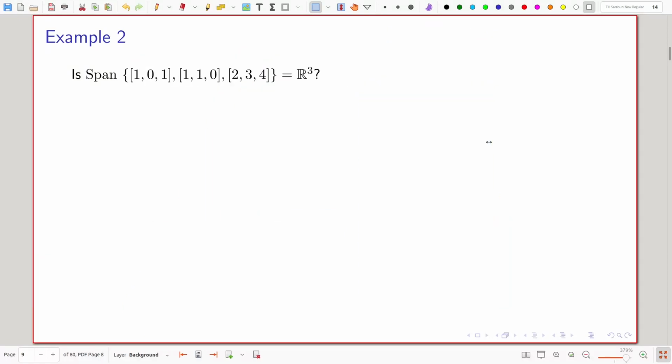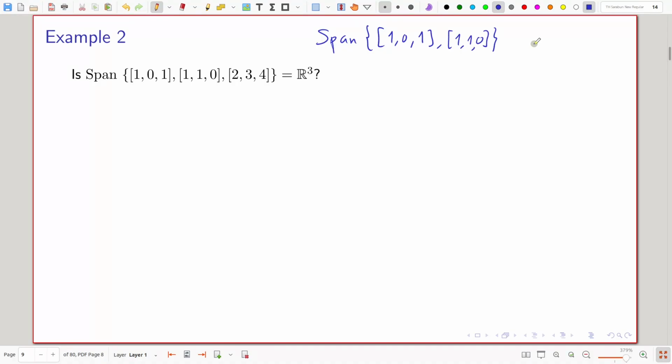Two-dimensional plane. Now, let's look at the case in three dimensions. Let's look at the case with two vectors first. Do these two vectors point to the same direction? No. Okay. So the span of these two vectors, what should it look like? Can you imagine that in your head?